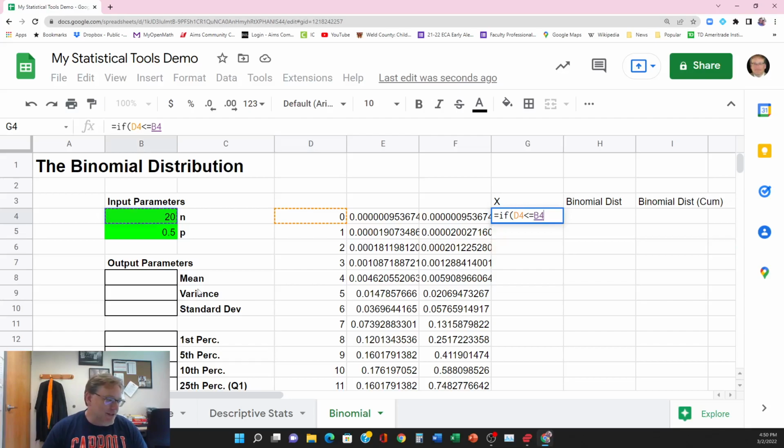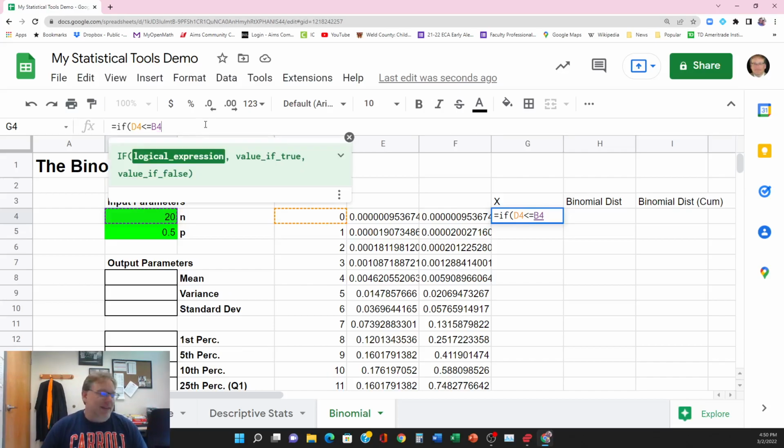Okay, because if that's not true, then everything should be blank. All right. And the way this if statement works here is that you put in this logical expression here. This is either going to return true or false. If it returns true,